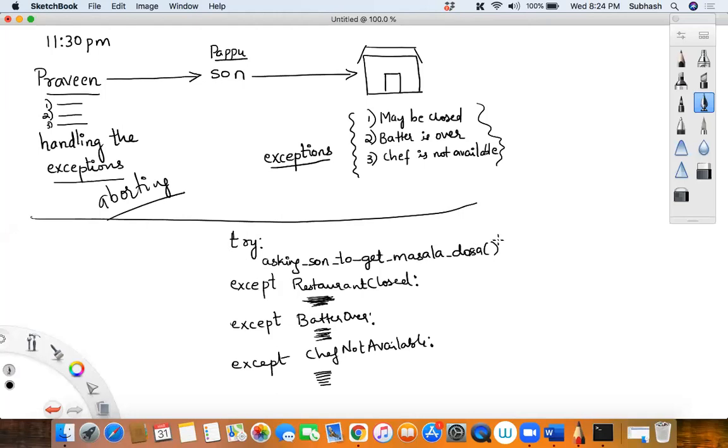You want to achieve something, so that has to be written as part of your try block. The actual thing that you want to do, the actual operation, will be written as part of your try block. Do you understand this? Hello, did you understand this, my dear friends? Yes or no? Respond quickly, only those people who asked me to repeat.